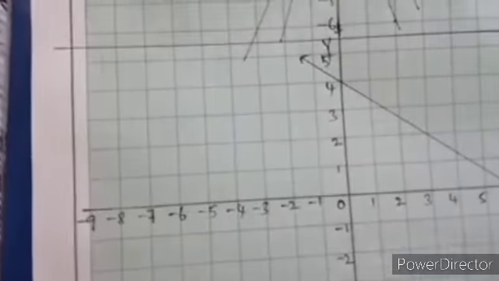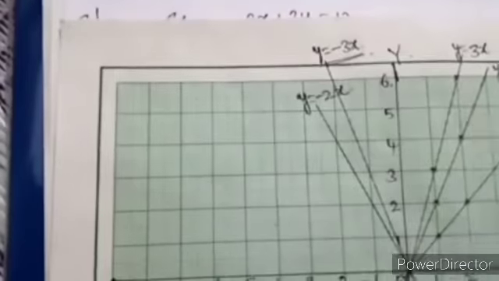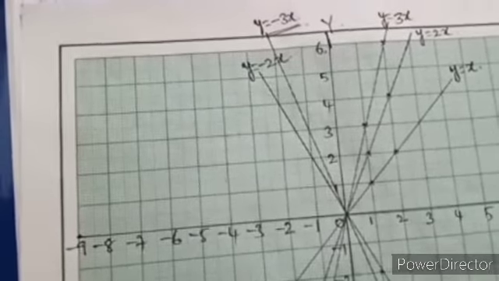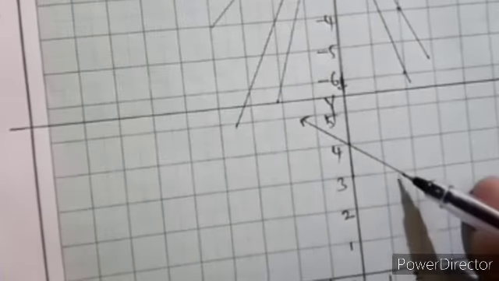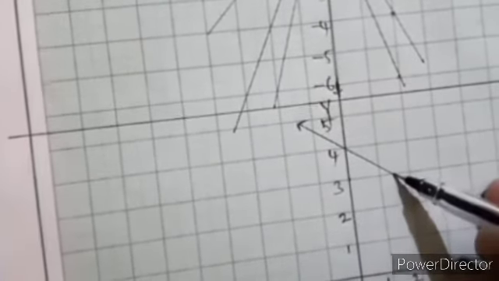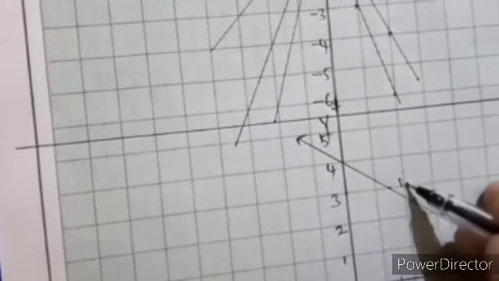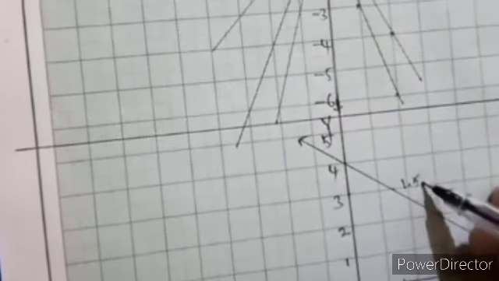Afterwards, what did the question ask? Find the x value when the y value is 3. Y is 3. So from this, y is 3 here, and we have to see where it touches the line. So here 3 touches the line here. Take it down. How much is it? 1.5. So the x coordinate is 1.5 and y is equal to 3.